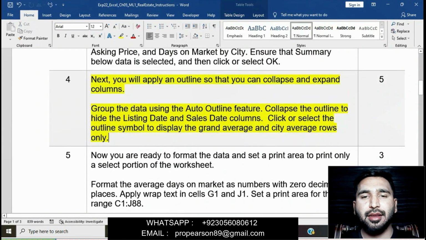Question number 4 is that next you will apply an outline so that you can collapse and expand columns. Group the data using the Auto Outline feature, collapse the outline to hide the listing date and sales data columns. Click or select the outline symbol to display the grand average and city average rows only. Basically in this question we will group the data using the auto outline feature. Then we will collapse the outline to hide the listing date and sales data columns, and then we will select the outline symbol to display grand average and city average